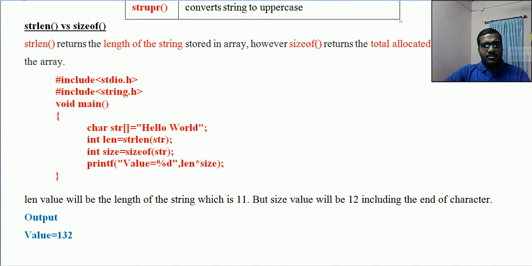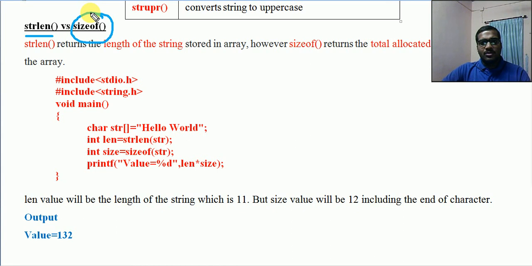Now look at strlen. As I have already mentioned, strlen is used for finding the length of the string. Now we are already familiar with another function called sizeof.